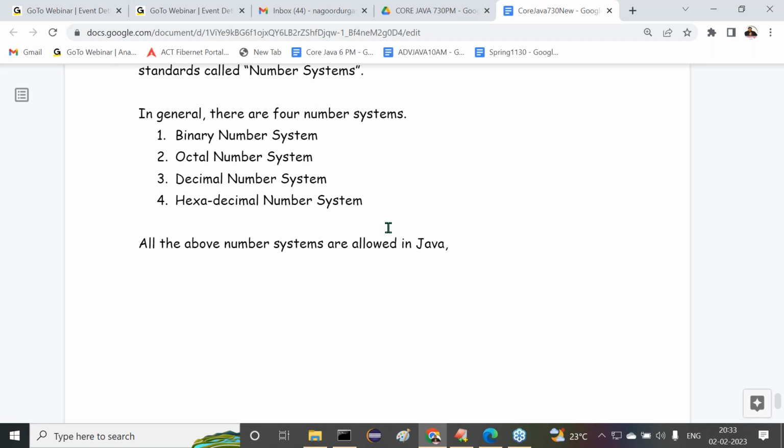For example, I'm asking one question to you, now try to answer it. Outside, everywhere, in every field, calculations are going on over numbers. Say, if you join a company, your salary will be generated. The salary is generated in the form of which number system? Is it a decimal number system or a binary number system? Decimal number system only. Don't expect binary number systems.